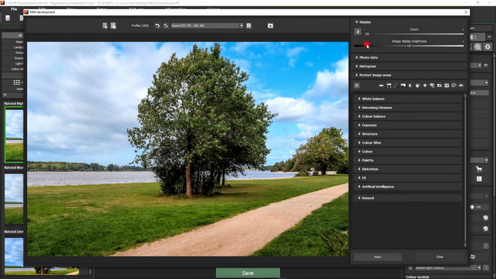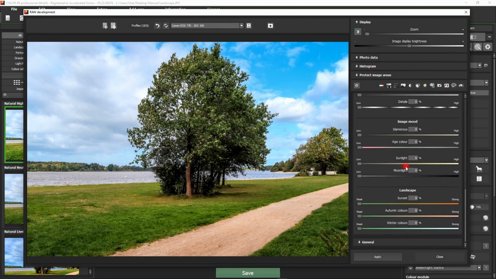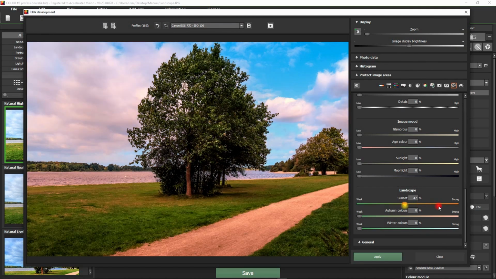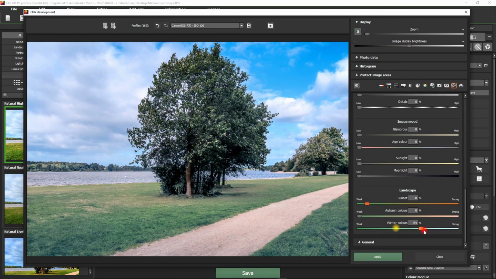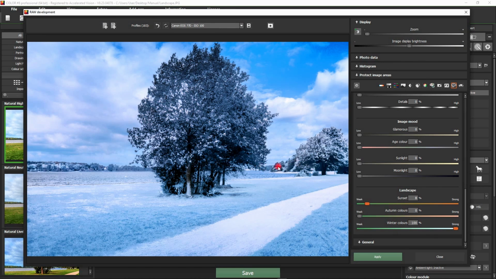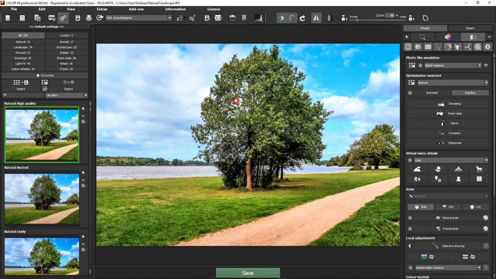Straight away we can see these categories we can switch on and off here, and the artificial intelligence category down here with different filters. I'll activate a couple of them quickly, maybe add a bit of sunset to the image or convert it to winter colors. And this topic of artificial intelligence in the RAW module has its own video, which I highly recommend watching. So let's close the RAW module again and move straight on to other new features that we can find in